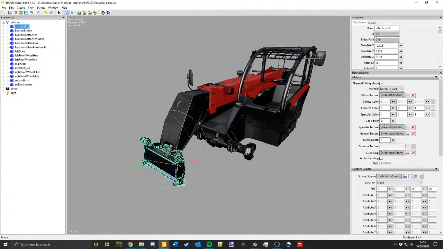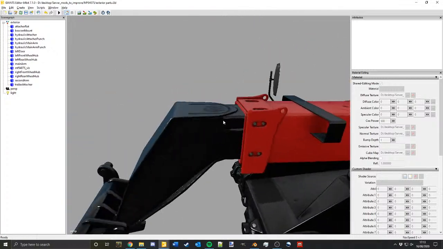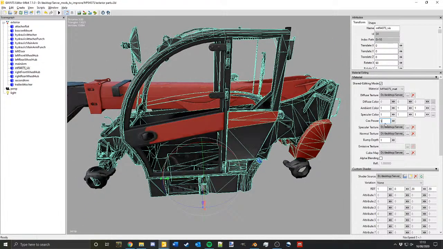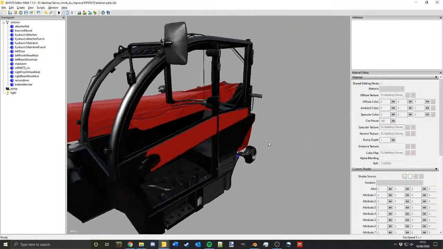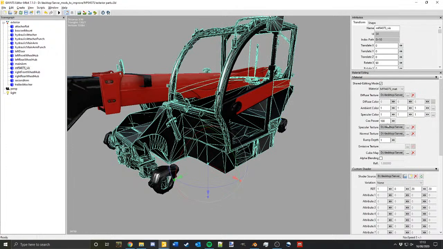What you can do is play around with the cos power. You can whack it up to 500, but I think that's a bit too much for this model. We'll try 100. Or you can just leave it at 50, which is the GE default. And then